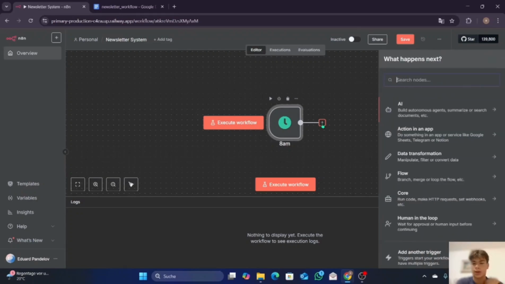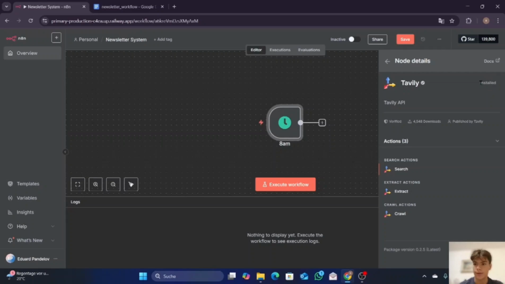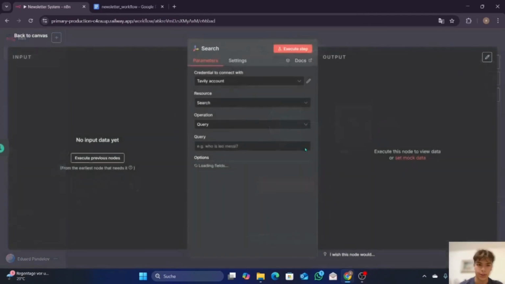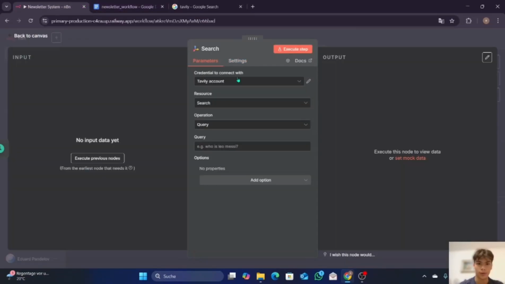After that, we want to use our Tavily node. And you guys have to install it. I've already done it, so I'm going to use the actions. And for this video, we're going to start by using the action called search. And now you have to connect to the Tavily node. You have to connect to your Tavily account, and you can do it by signing into Tavily. Here, I can show it. You have to sign in, and after you have signed up to the website, you get an API key that you have to put into your credentials, and after that you're connected to n8n